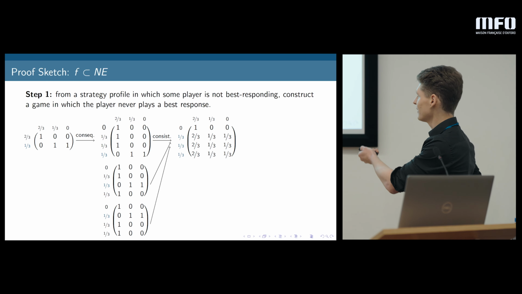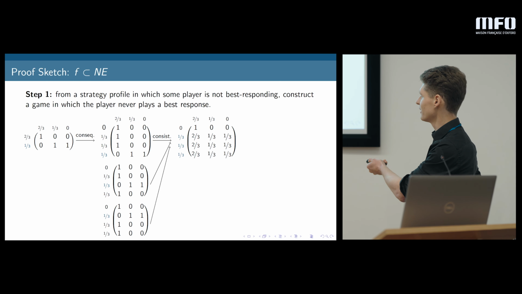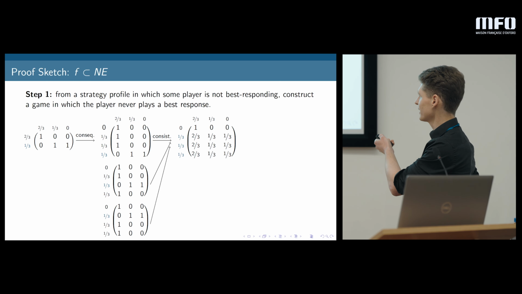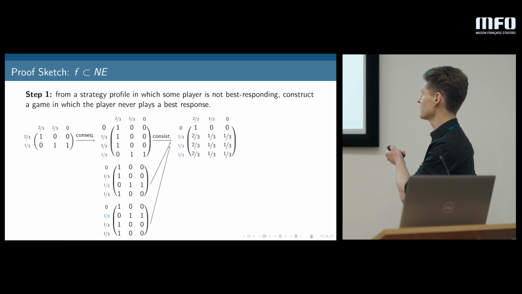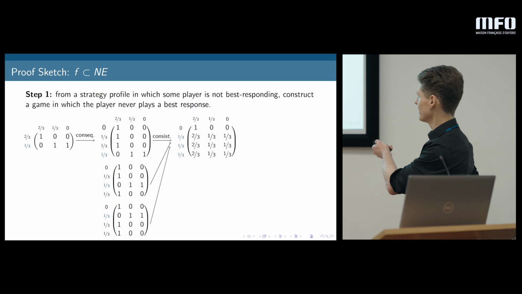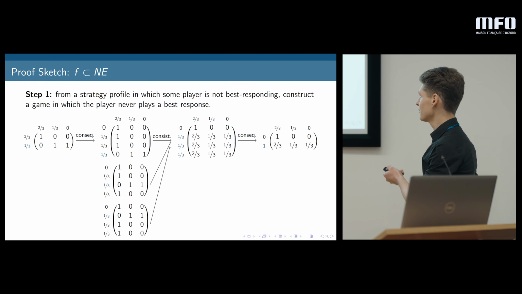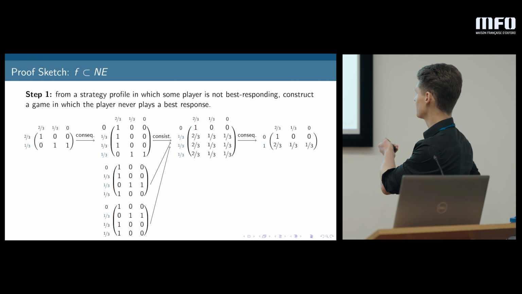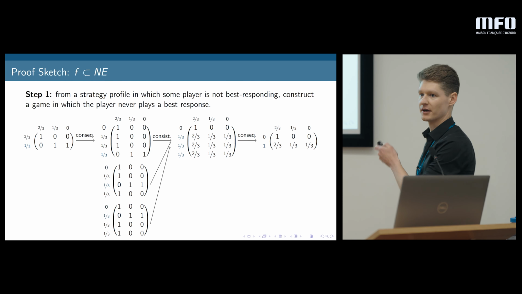We have 3 games here where the same strategy profile is returned. So that consistency tells us this should also be returned in the convex combination. So we get this game here. And now you can see by how we did this convex combination, the row player has 3 clones here. So let's use consequentialism again to collapse all of them and move probability to the remaining one. So now we have arrived at a situation where this player has all probability on an action that's a non-best response to the column player strategy.